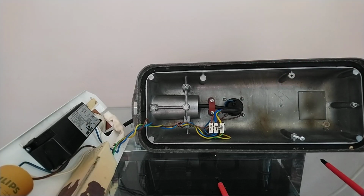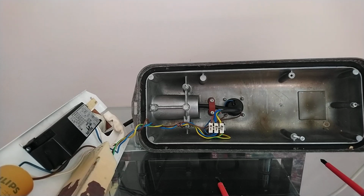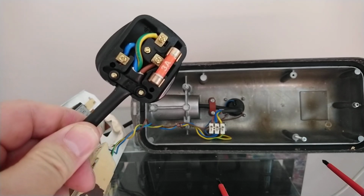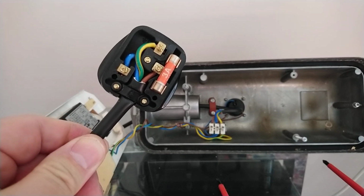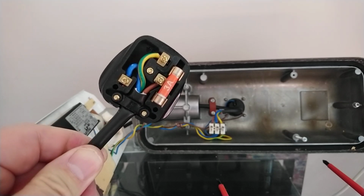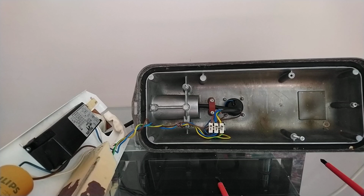That's nice and firm. So there we go. Now it's time, obviously you've fitted the plug, and you need to put the correct fuse in. Low pressure sodium lights are very similar to fluorescent lights, amperage and wattage wise. So a 35 watt sodium light bulb is similar to a 36 and 40 watt fluorescent light. So a 3 amp fuse is more than enough for this light fitting, and I'll show you this on the power meter in a bit when we have this running, and you'll see how many amps this light will actually pull. So once you've got the correct fuse, it's time to